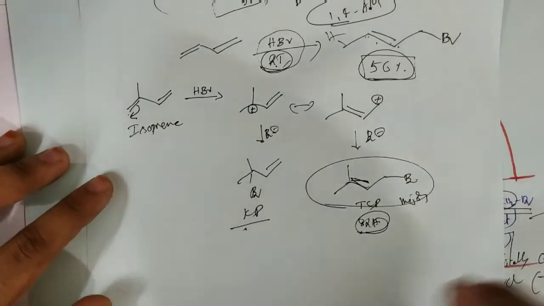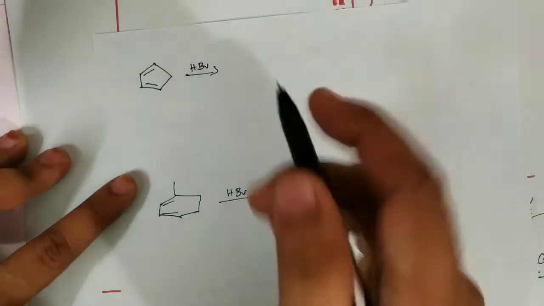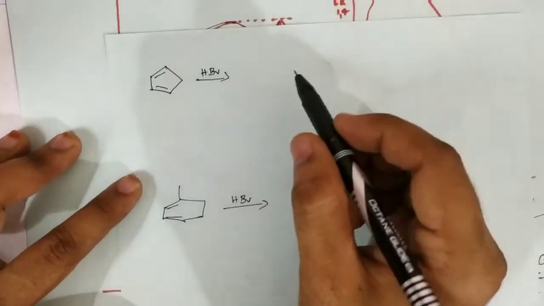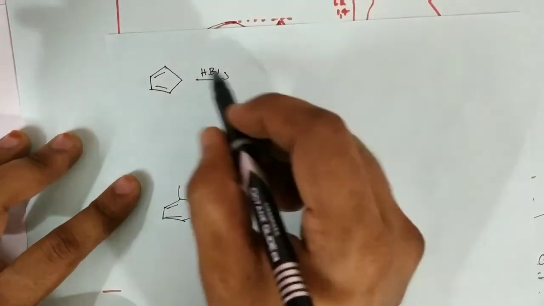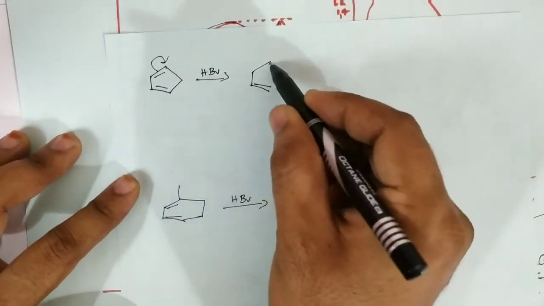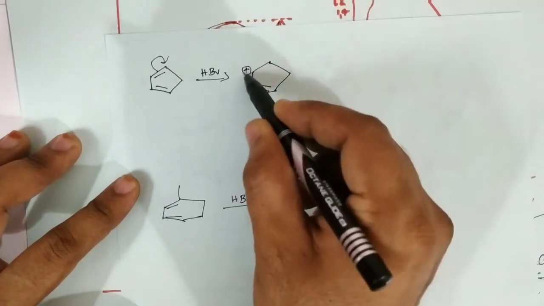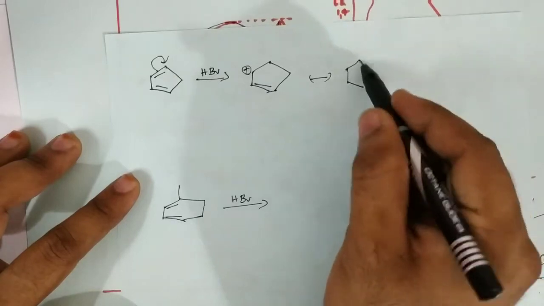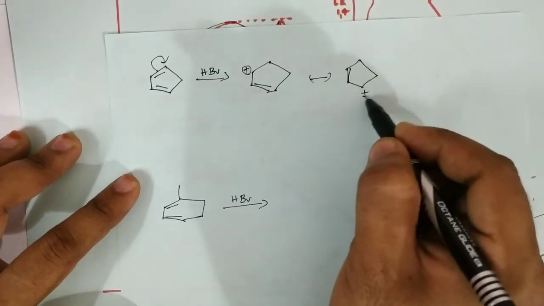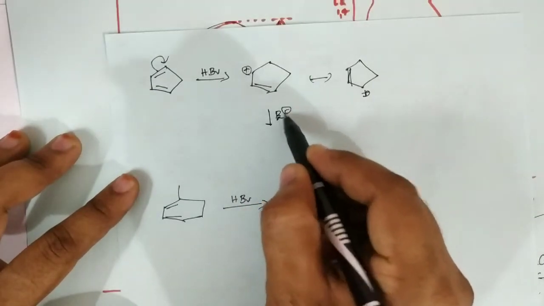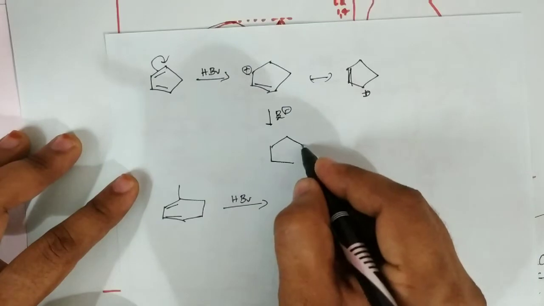Okay, the previous Advanced question you can see in this case. And next here you can see the cyclic diene, this cyclic conjugated diene. Protonation takes place on a particular carbon. Okay, so both are same, so we will get this carbocation. This carbocation is attacked by the Br minus. Of course, here it is also stabilized by resonance. These two resonance structures are equal, so either one is attacked by the Br minus, and we will get a single product.